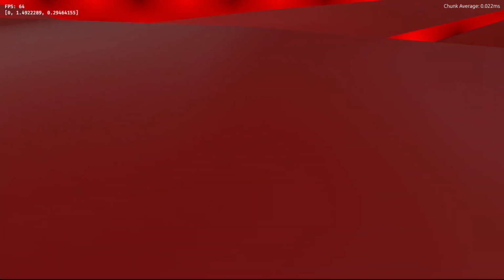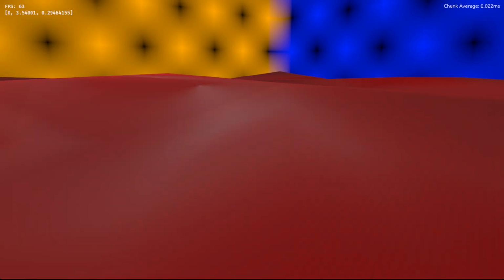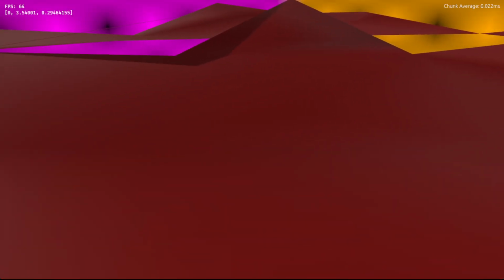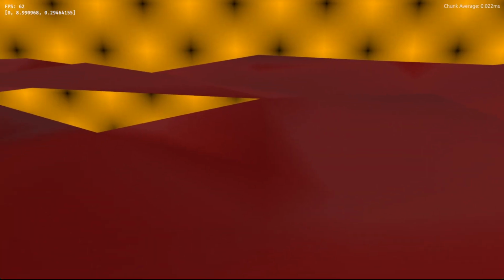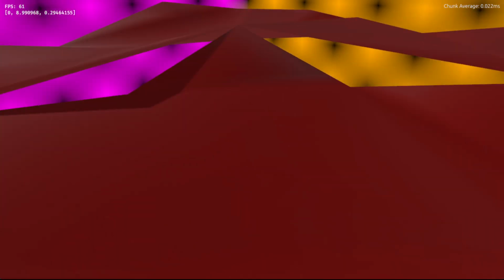We have this light that's still circling around, so when that goes near certain chunks that are overlapping with each other, I think it's creating a problem. So expect the frame rate to go down a lot during this update, but I'll try to keep it really